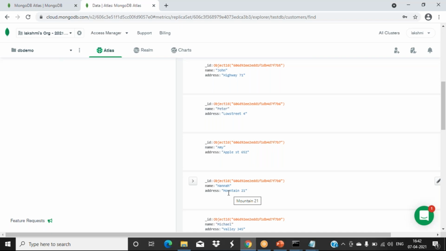So how will we get that from the database? For that we are using the find function.